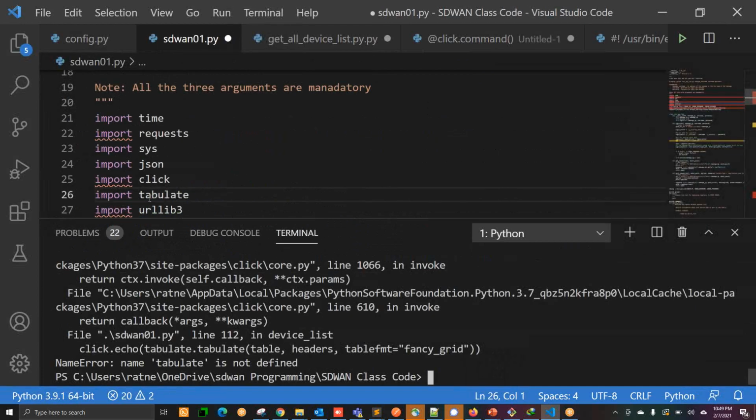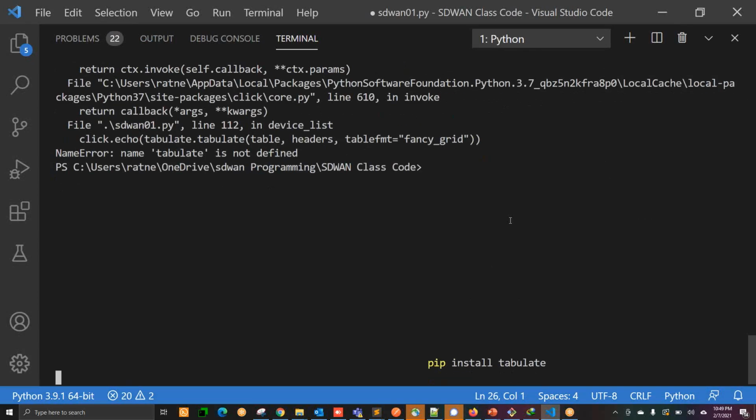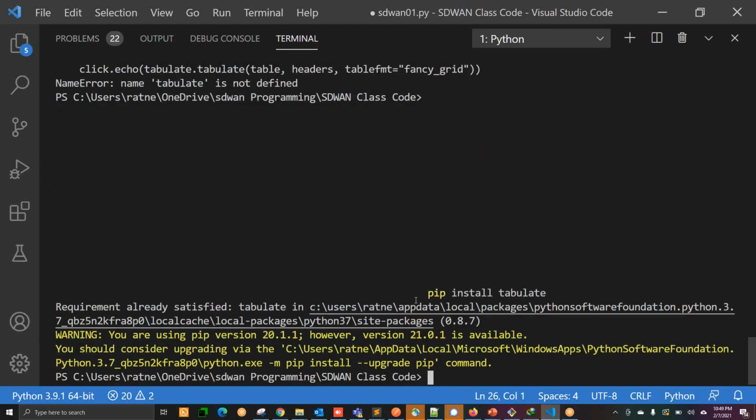Suppose you don't have tabulate, then you need to do one thing. You need to install the tabulate package. For that, you have to run this command called pip install tabulate. Once you run this pip install tabulate, it is telling that maybe it is already there, with some older tabulate package. Let me show you some other example.